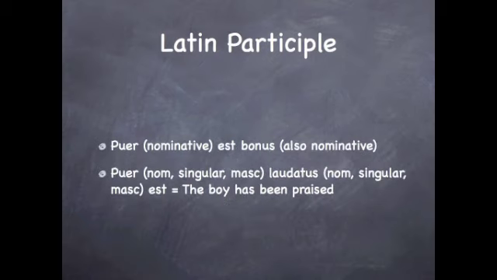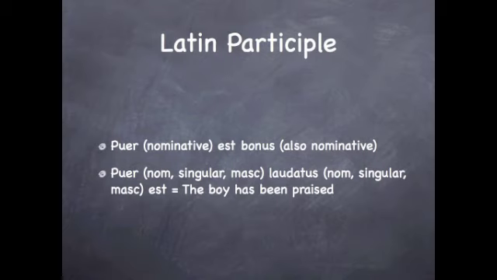Now, I told you earlier that the participle declines, but here's the really nice thing. If you think back to when we learned about the forms of sum, you know that we've got a thing called predicate nominative. That is to say, if I want to say the boy is good, I don't change the word good into the accusative, I change it into the nominative. Because sum isn't really expressing an action, it's expressing a relationship between two things, two ideas. Puer, the boy, is one idea, and bonus, good, is the other. And I wanted to say these two things are the same.